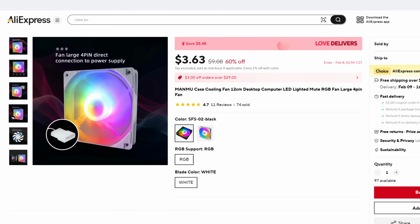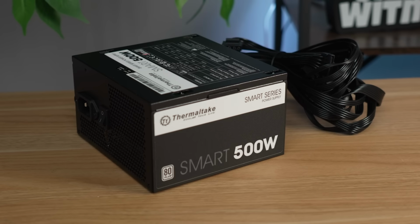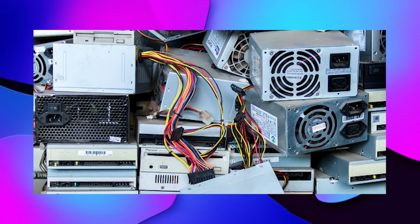A lot of cheap fan makers out there will label their fans RGB, but that can usually mean it's just that rainbow puke color infinitely, so just stay diligent. For the power supply, we've been down this road before. There's no power supply that I trust more at this price point than the 500 watt white from Thermaltake. It's readily available, has a 5-year warranty, and at $38, it's either this or we salvage a dirty power supply